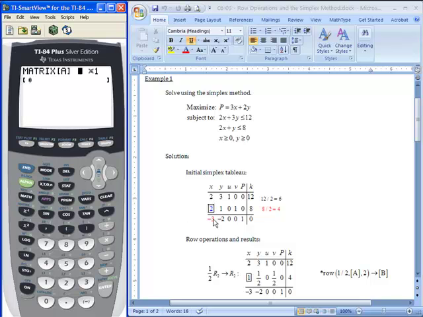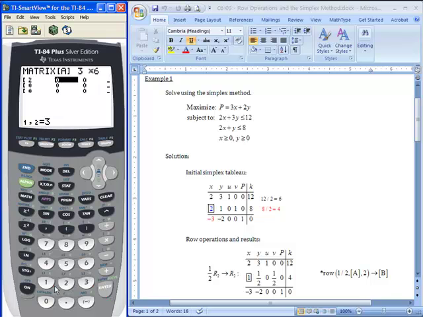All right, this matrix has 3 rows, so I'm going to type in 3. And it has a total of 6 columns, so I'm going to type in 6. So we have a 3 by 6 matrix. I'm going to start with the first entry in the first row and work my way to the right, and then the second row from left to right, and then the third row from left to right, and enter all these values. So we're going to put in 2,